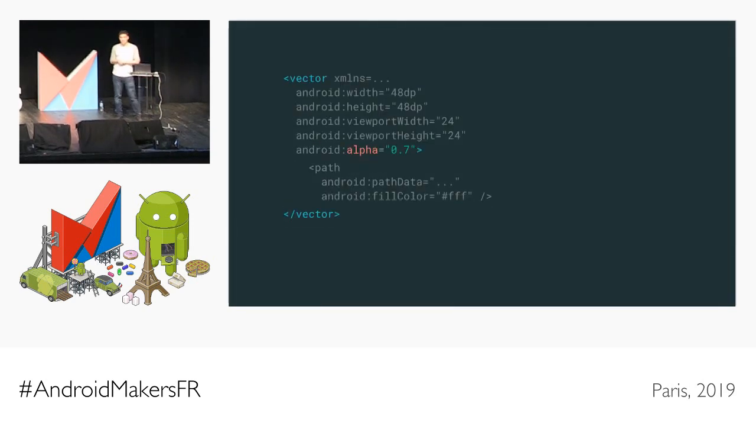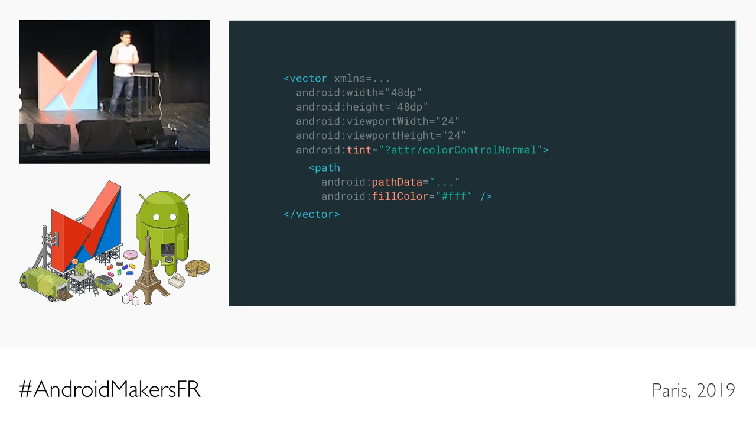So similar to views, vectors have an alpha property. You can define, for example, in this case, I want this vector to be drawn at 70% opacity. You can also tint them, and in this case, I'm tinting this icon with color control normal. And this is useful because if you're not aware, color control normal is the default icon color used by AppCompat,